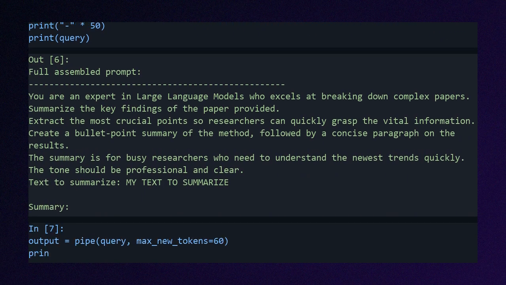We pass the assembled prompt to the pipeline. The long structured prefix nudges GPT-2 toward a more focused continuation that respects the framing we set. We pass max_new_tokens of 60 explicitly. This tells the pipeline exactly how many new tokens to generate on top of the input, regardless of how long the input prompt is. Compare the output to the plain one-liner from earlier. The improvement came entirely from the prompt. The model weights did not change at all.